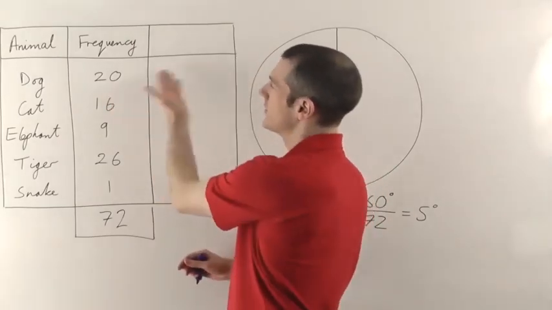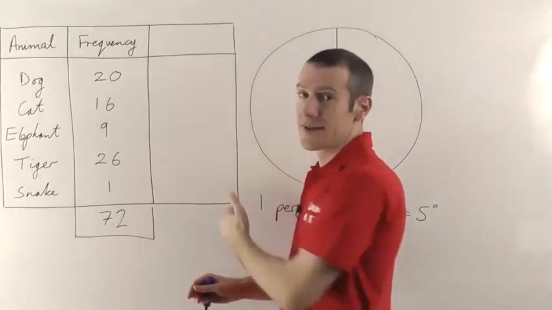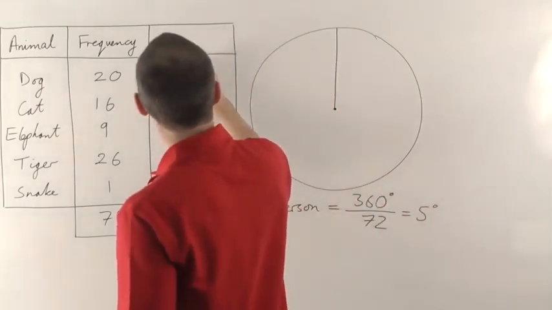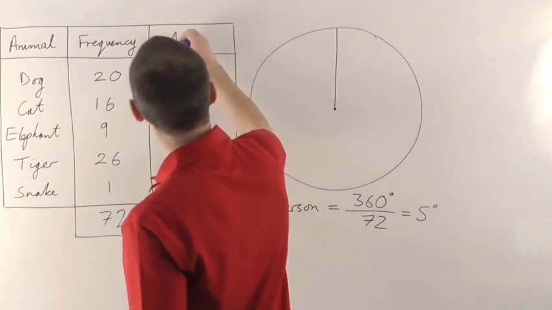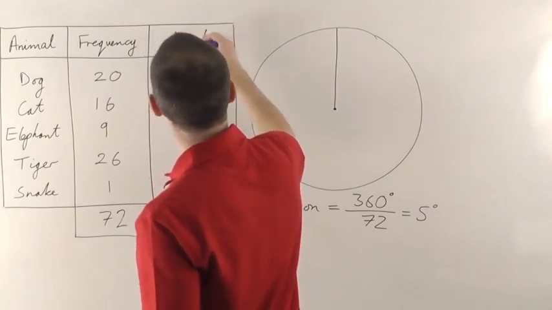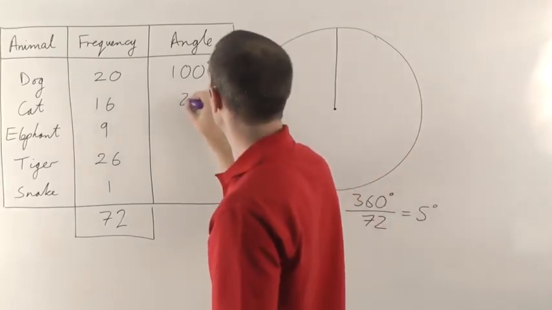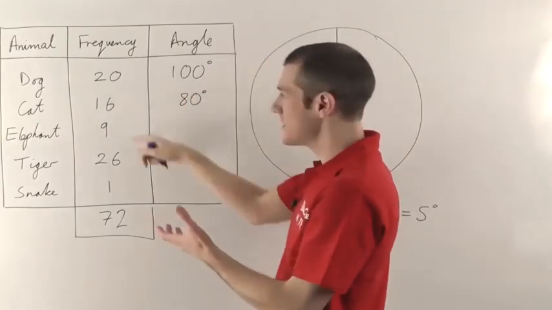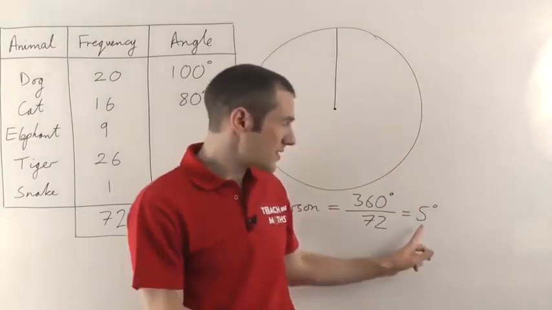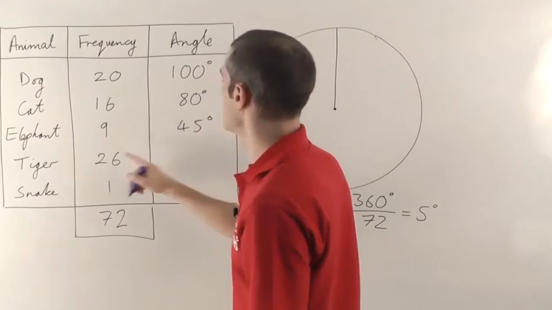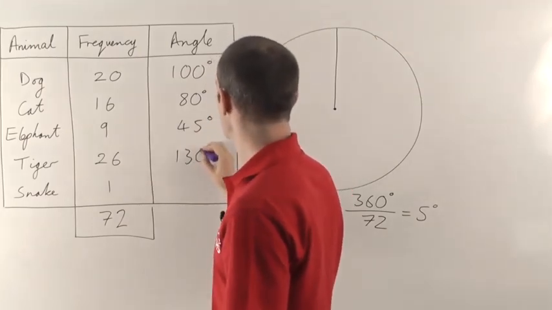So the dog, 20 people went for dog, 20 lots of 5, well 5 20s are going to give you 100 degrees. So this final column is for working out the angle. Now usually you just do this on a calculator. I can probably just do this in my head, but you just times each of these by 5 because each person is 5 degrees. So 9 5s are 45, 26 lots of 5 are going to give you 130, and